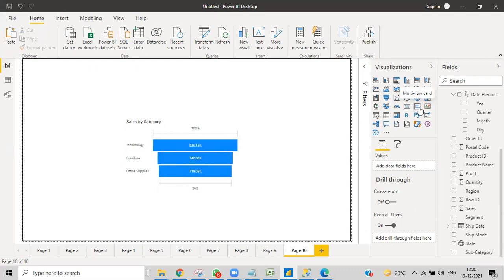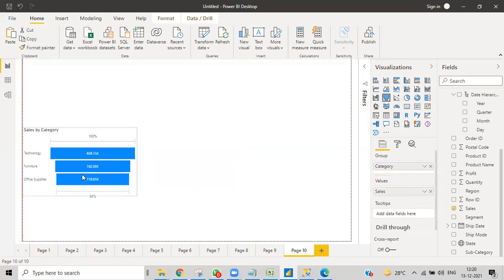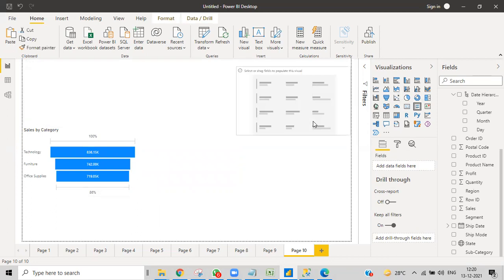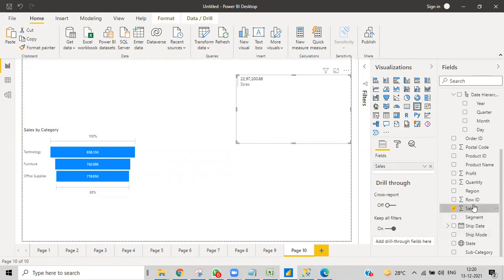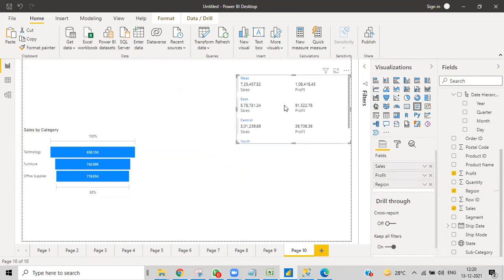And the card is this multi-card visual. Earlier we used to show only one value in a card visual, but if you want to show more than one value, then we'll take this. I'll show you a multiple card value: total sales and profit.